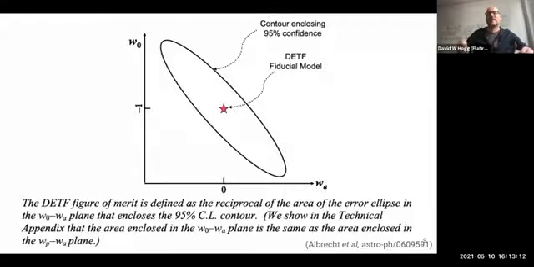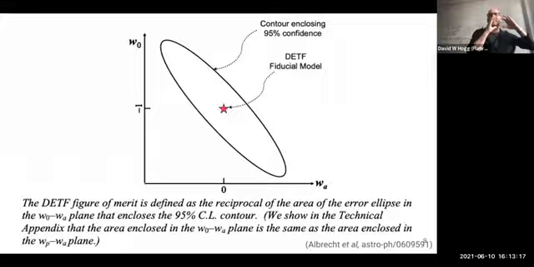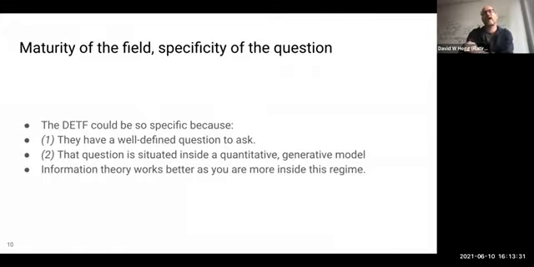When they say the reciprocal of the area of the error ellipse, they're talking about an inverse variance. The error ellipse is representing a variance, and the reciprocal of that is the inverse of a variance. So it's actually not quite the right units, but whatever, it's close. It is close to the units of information. And one comment to make about that context, the scientific context of why Fisher information is coming up in